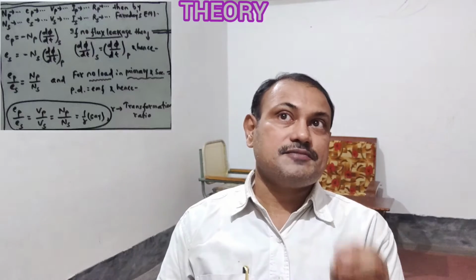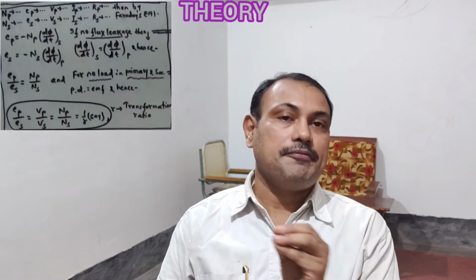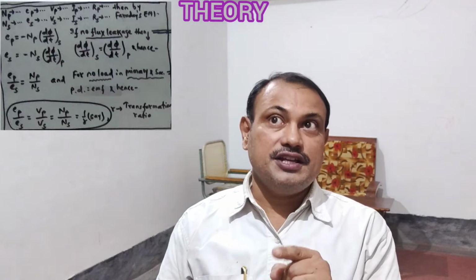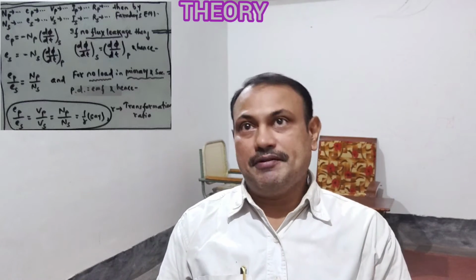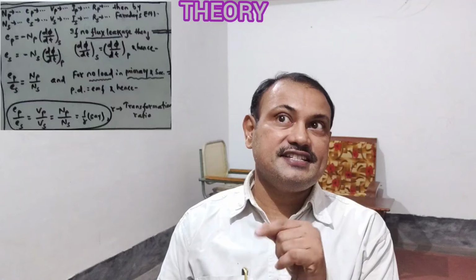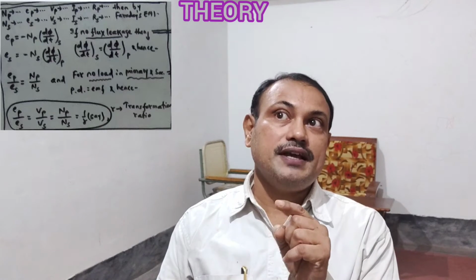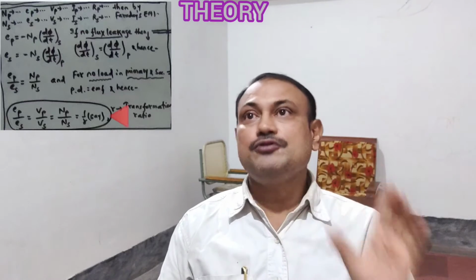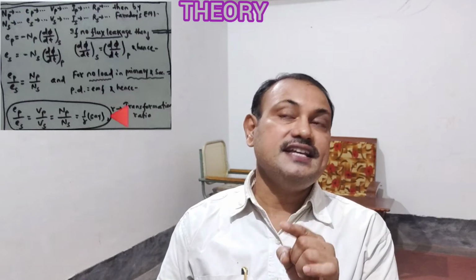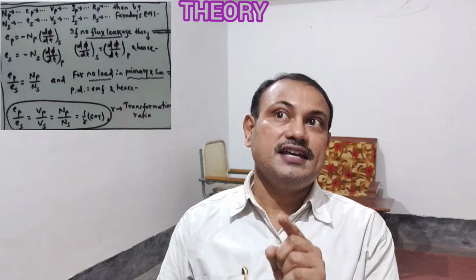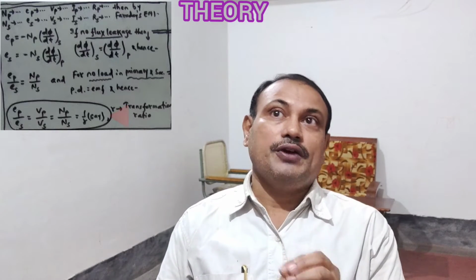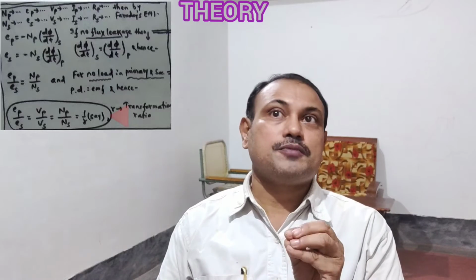In an ideal case where primary and secondary coils have absolutely no resistance, the potential difference across its terminals is equal to the EMF developed. So therefore, we can write the same ratio: e_P by e_S equals the ratio of potential of primary to secondary, that is e_P by e_S equal to V_P by V_S equal to N_P by N_S, that is equal to 1 upon r, where r we can say is the transformation ratio.